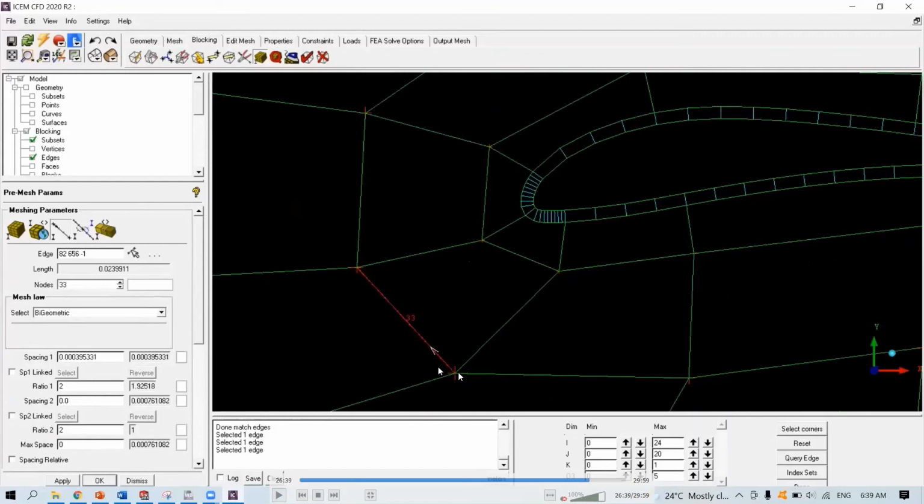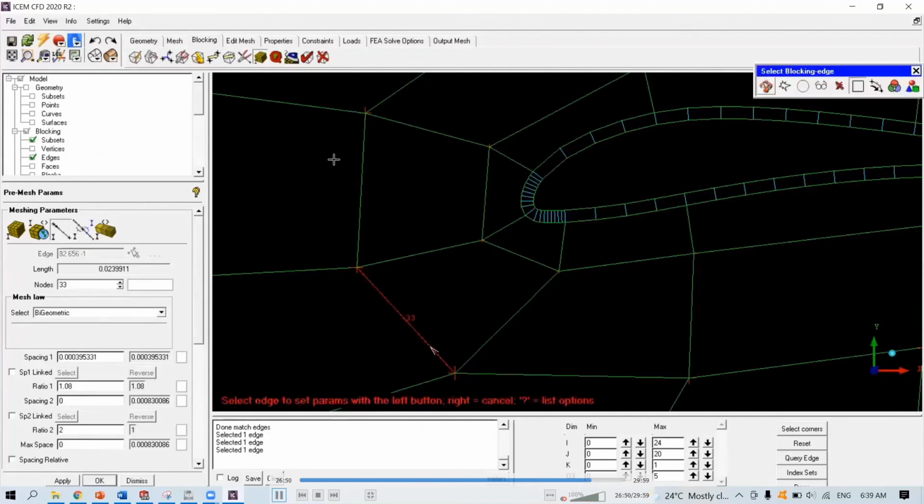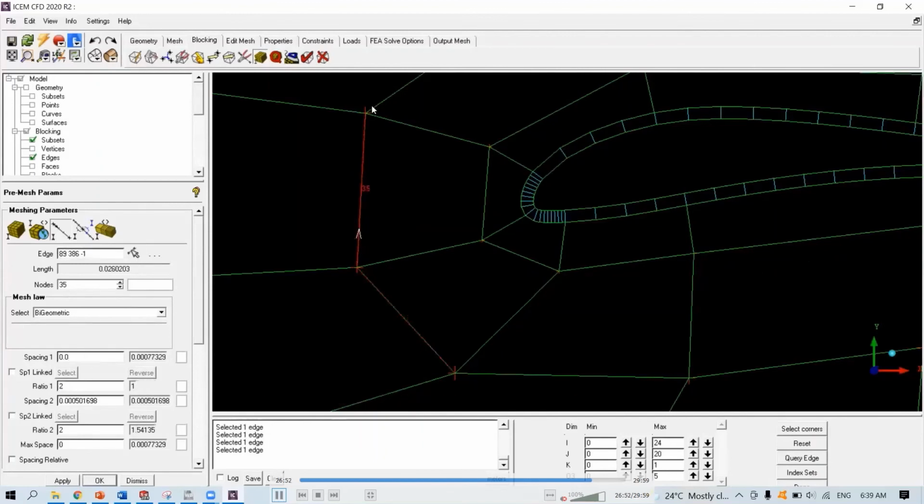So we just match the spacing from this point, from this edge to this edge. So you must change it on ratio 1 here. We can make it bigger. We don't need to make it 1.05 since it's going further, right? So we can make it about 1.1 or 1.08. Yeah, we're going to use 1.08. And same thing over there. Now we're changing at ratio 2, 1.08. Okay, apply.